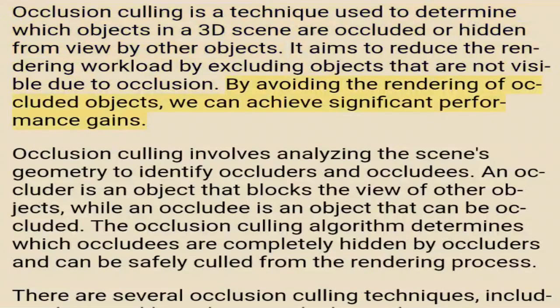By avoiding the rendering of occluded objects, we can achieve significant performance gains. Occlusion culling involves analyzing the scene's geometry to identify occluders and occludees. An occluder is an object that blocks the view of other objects, while an occludee is an object that can be occluded. The occlusion culling algorithm determines which occludees are completely hidden by occluders and can be safely culled from